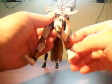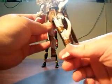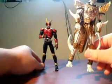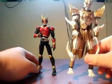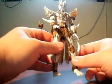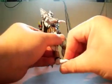Double jointed knees, ball jointed ankles, hinged portions of the foot. Something to note here is actually the feet are plastic, probably ABS plastic, whereas most SH Figuarts Kamen Rider figures have metal feet, die-cast metal feet. I do find it surprising that N-Daguva-Zeba here has plastic feet, but I think the main reason is because if